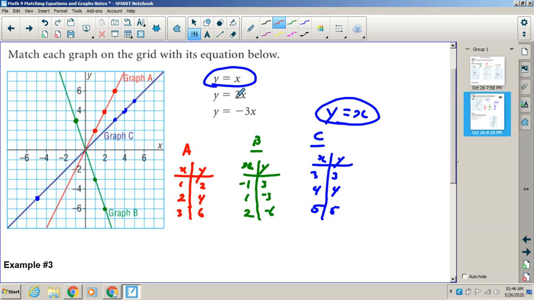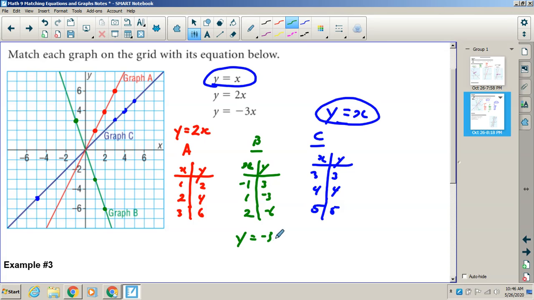And this one, if I go 2 times my X value of 3, it does equal my Y value of 6. So this table of values, or line, belongs to this equation Y equals 2X, which means the last one should be